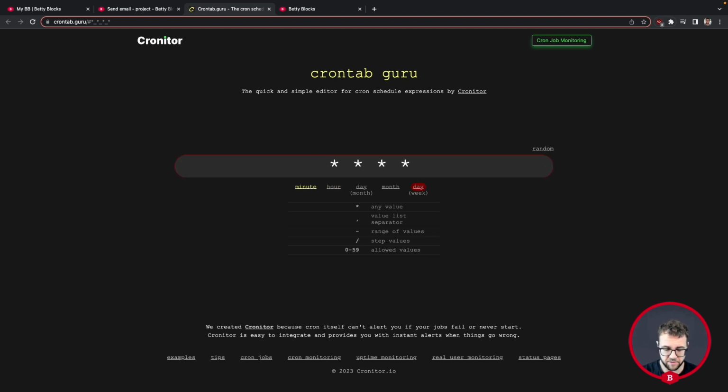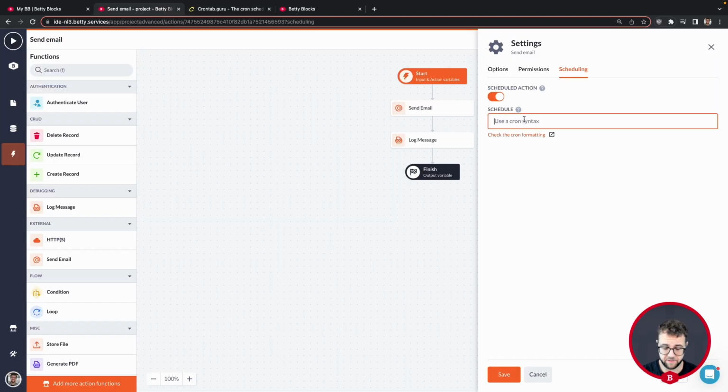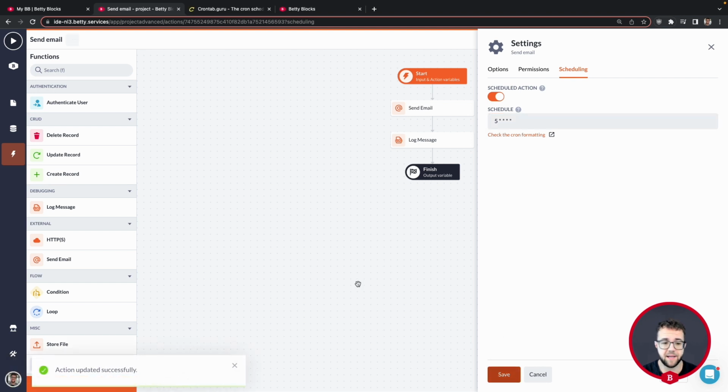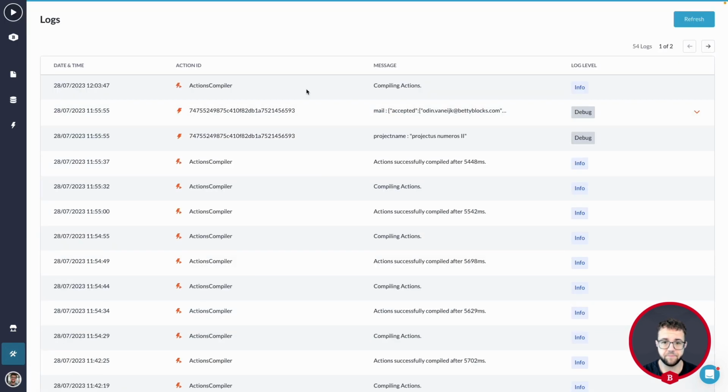Right now, I'm going to make sure that the next trigger is going to happen pretty soon. So at minute 5, that's pretty soon for me. And I'm going to copy that, go back to my cron, and there I'm going to save it. And now, well, I'm going back to the logs, and well, I'm waiting. However, I'm going to get back to you the moment the action is run, and then it should say something